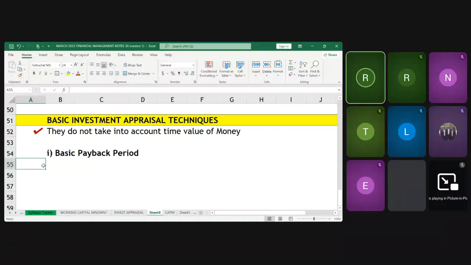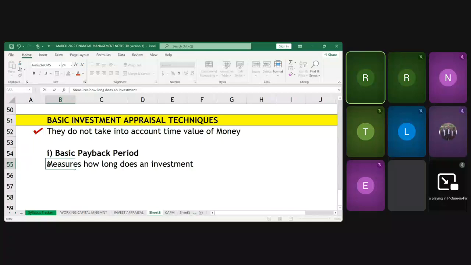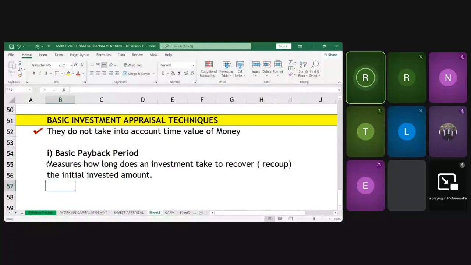Payback period measures how long an investment takes to recover or recoup the initial invested amount. So if we are to assess a project's viability,